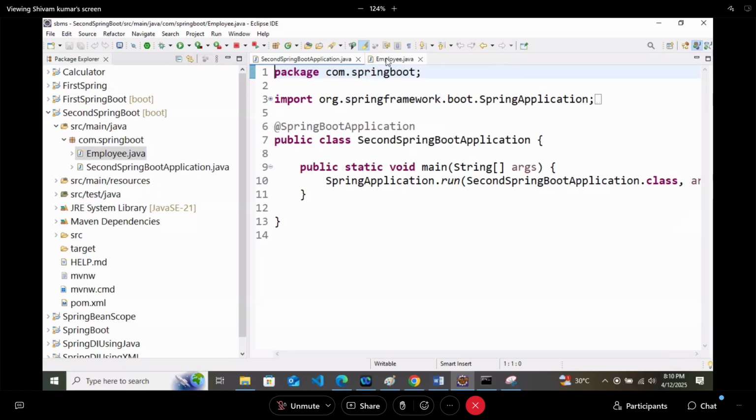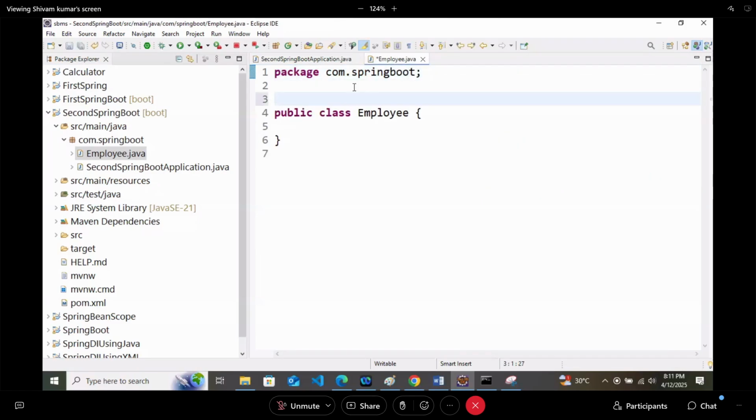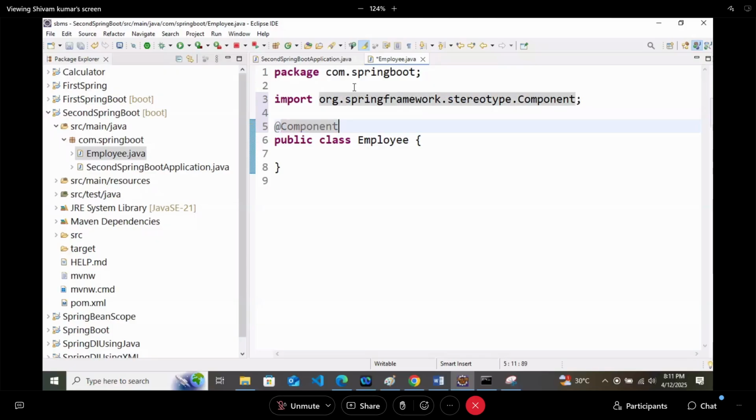So in this employee class, I will mark my employee as a component. See, these are the initial days of your Spring. Now you have full authority to ask me a question: why are you writing component here? But with passing time, you should be able to understand it. I have kept component, what does it mean? If I have kept @Component here, this class is converted to a Java bean now, which will be managed by the container.